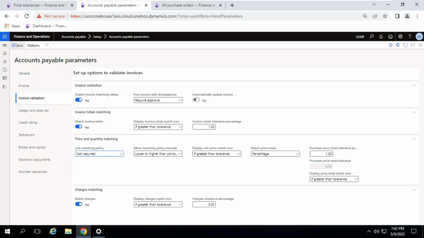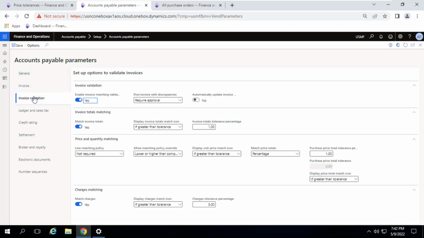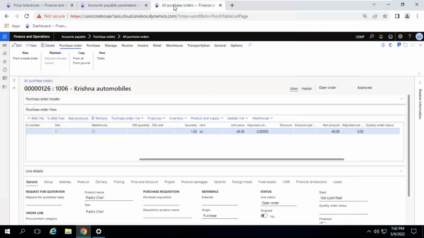Fine. Okay, clear. Now we'll do one transaction. We'll create one purchase order, and I will show you how it is. Now require approval. I have mapped require approval. Okay. Fine. It's done. Let me verify whether it is saved perfectly or not. Saved. Now let me create a purchase order,